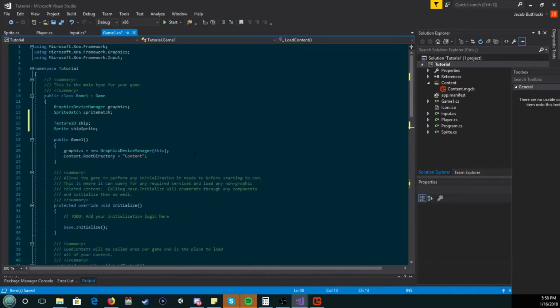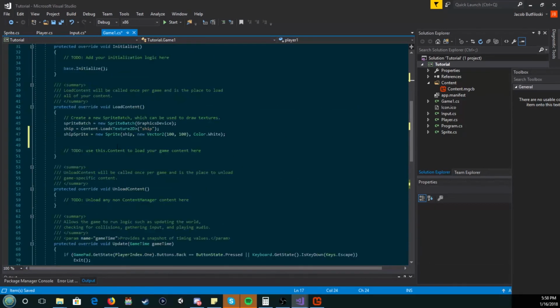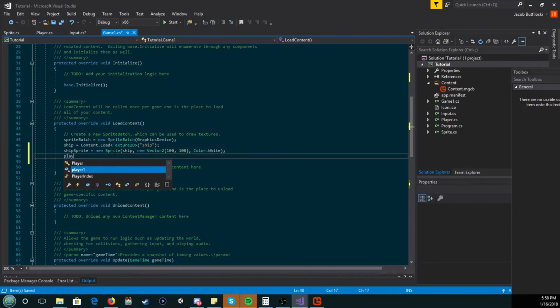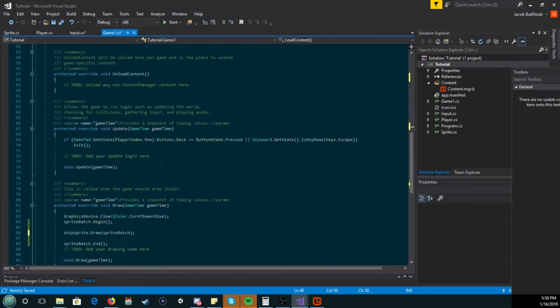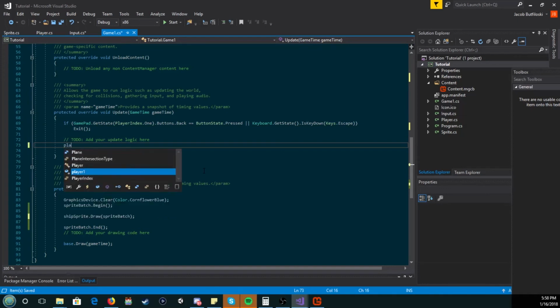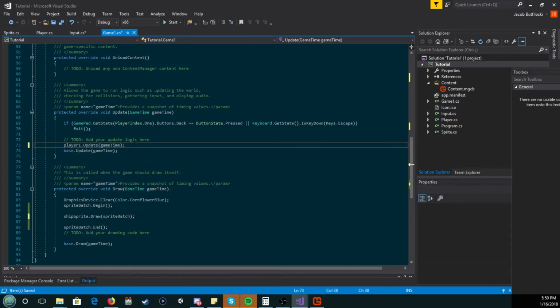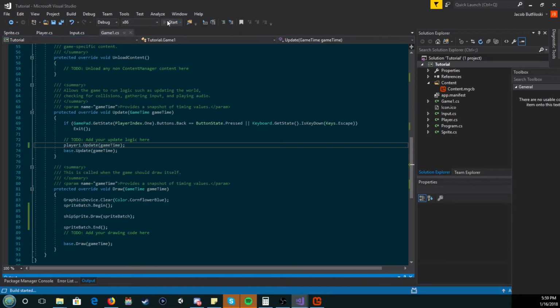So now, we have one last thing we have to do here. That is that we have to create a new player. So we're now going to create a player, call it player1, like so. And then, right here, we'll go player1 equals new Player, pass in our ship sprite, pass in a speed of say 2. Okay, like so. Now we have this. However, we now have to call that update method that we had there. So we're going to go player1.Update(gameTime). Alright, and now if we start this up,